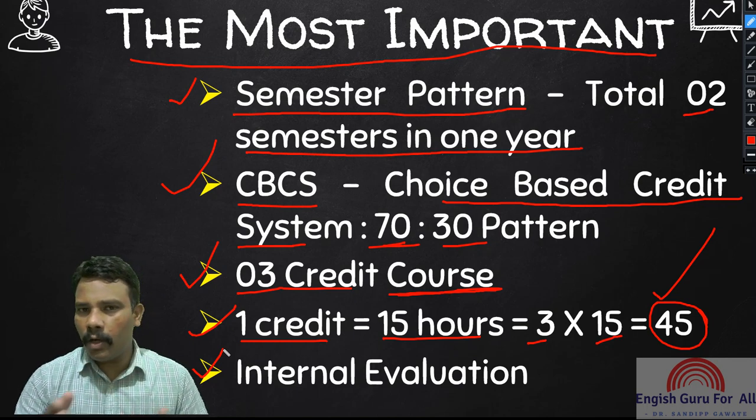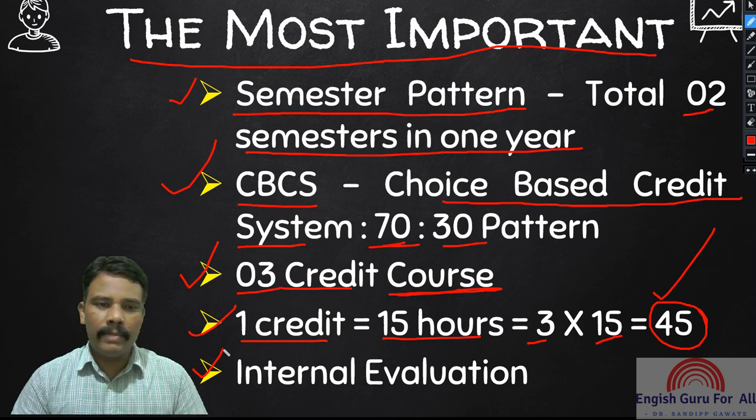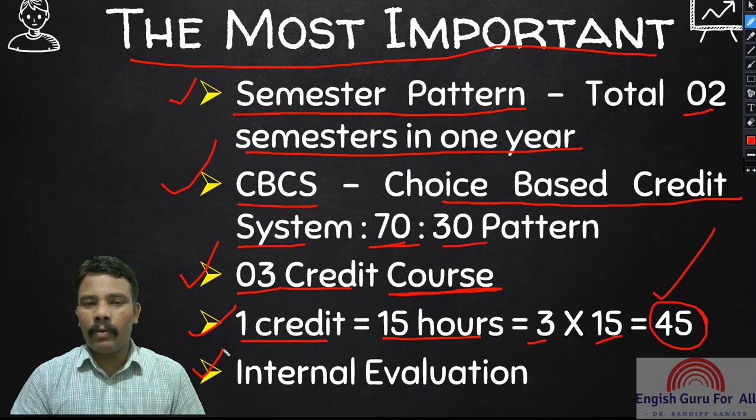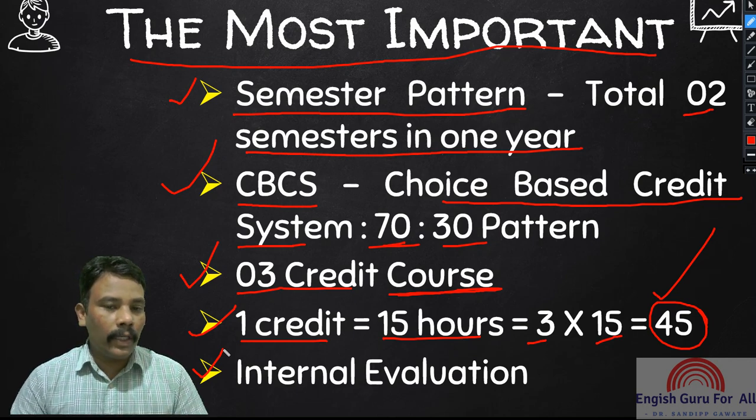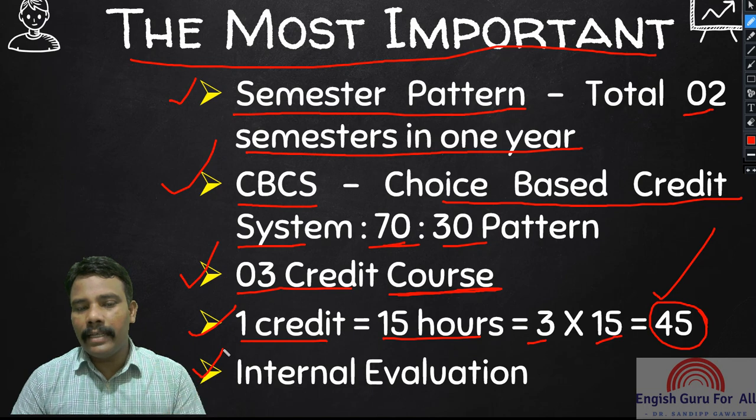So in the first year you are going to have how many semesters? 2 semesters. So 3 years, how many semesters will be there? There will be total 6 semesters. Which is the pattern over there? That is CBCS, that is choice based credit system. 70-30 pattern is there. And this course carries a 3 credit course, and 1 credit